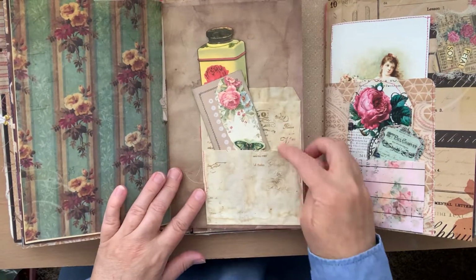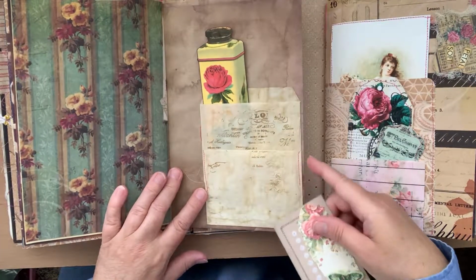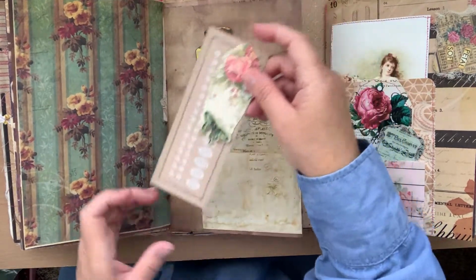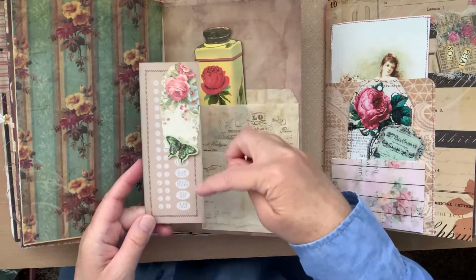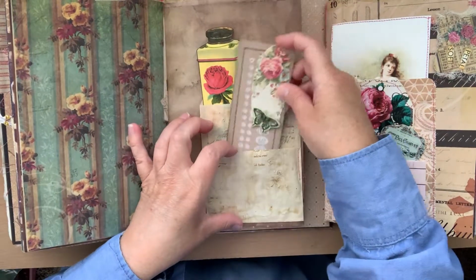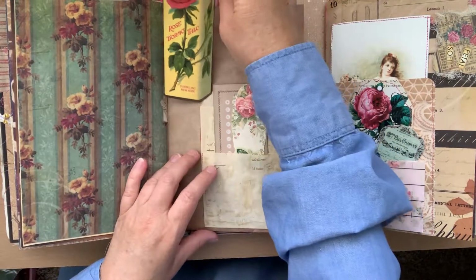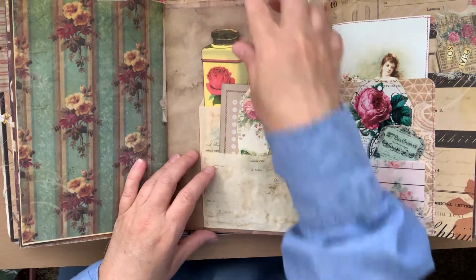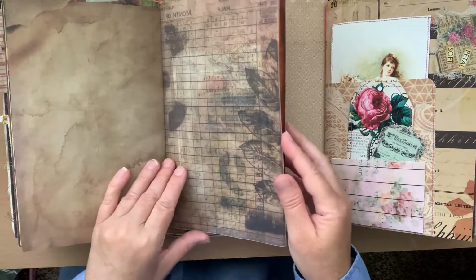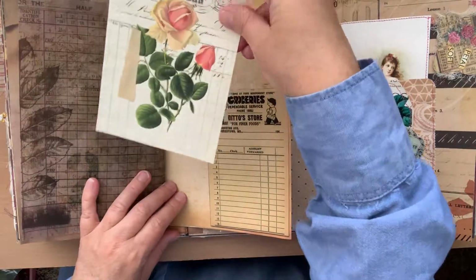Then this was a bag from Lori Fusco, and I just cut it in half and then sewed it together and made 2 pockets. And then this was just some ephemera that came in the swap with Miranda, and I put one of the vintage stickers on there that she sent. And then she sent a whole bunch of vintage talcum powder ephemera, so that's in this back pocket. Look at the beautiful wallpaper. And then this more ephemera. This is all from the swap